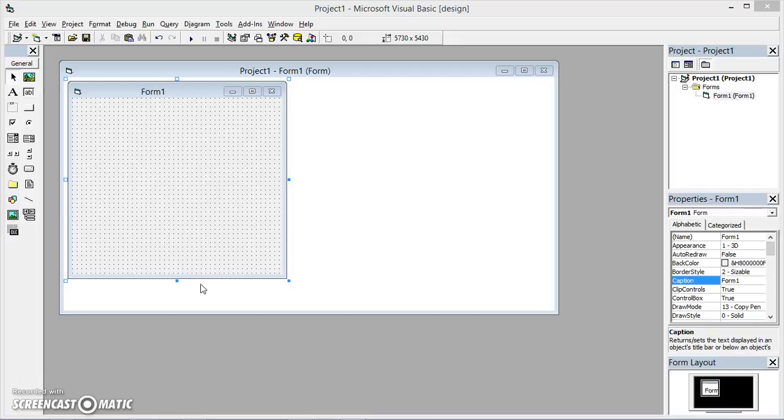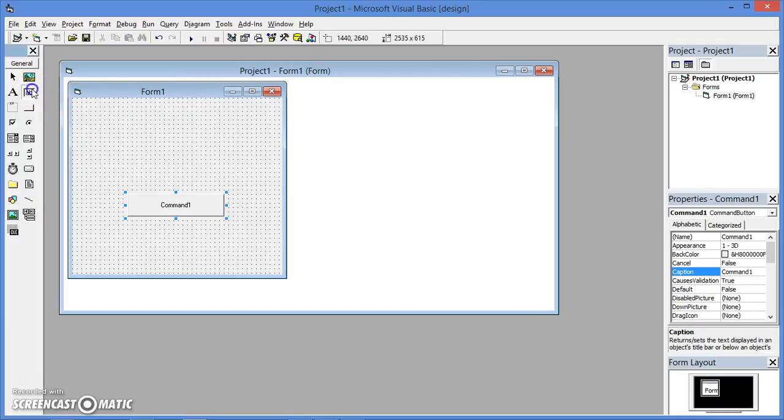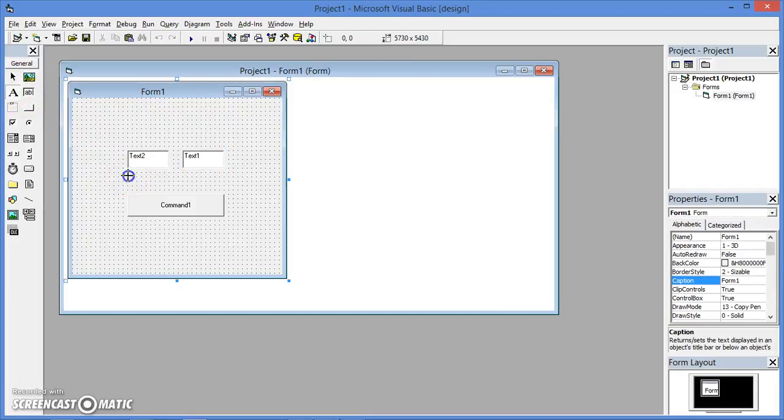using Visual Basic 6.0. In this calculator, I'm going to have one command button and two text boxes to collect the input from the user of the calculator and a label box to display the output as well. So I'm going to have my label box here right under the two